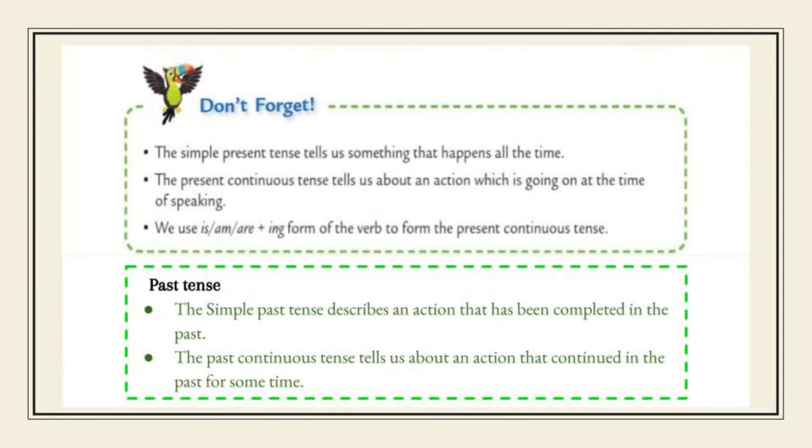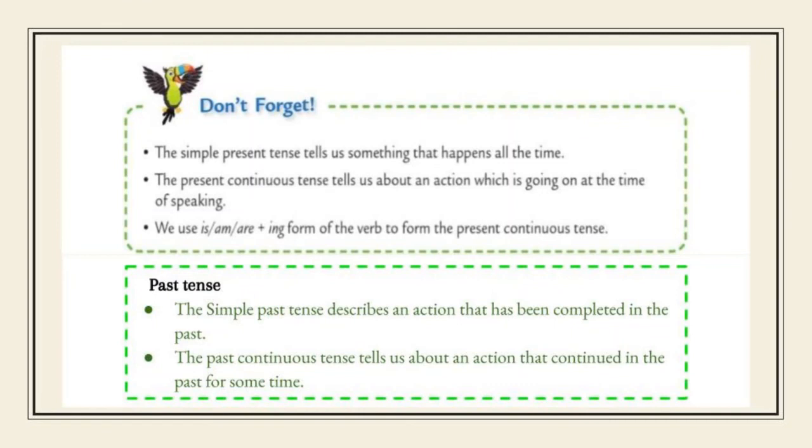Students, now we have come to an end. It means recap corner. Today we have seen two chapters: simple present tense and present continuous, and simple past tense and past continuous. Simple present tense, we already know that it tells about the current situation, regular activities and general facts or truths. Present continuous tells that the action is happening now, at the moment. And we use helping verbs along with verb plus ing to form the present continuous.